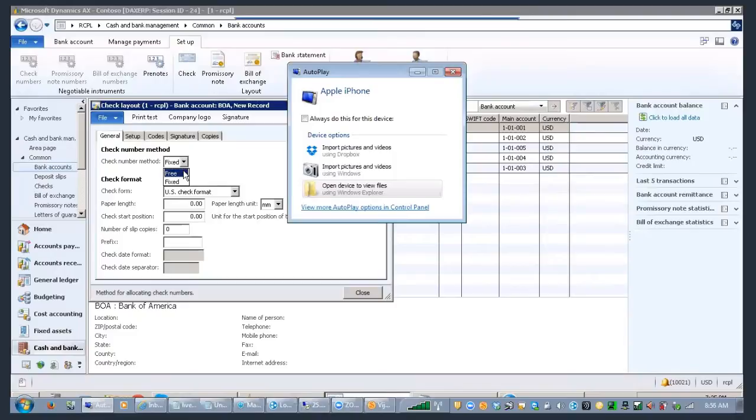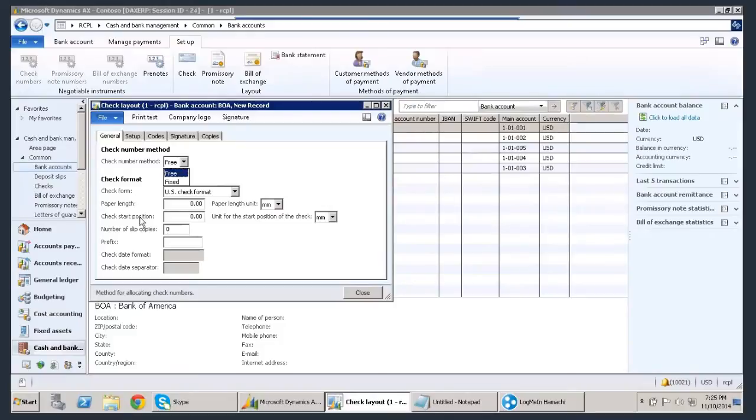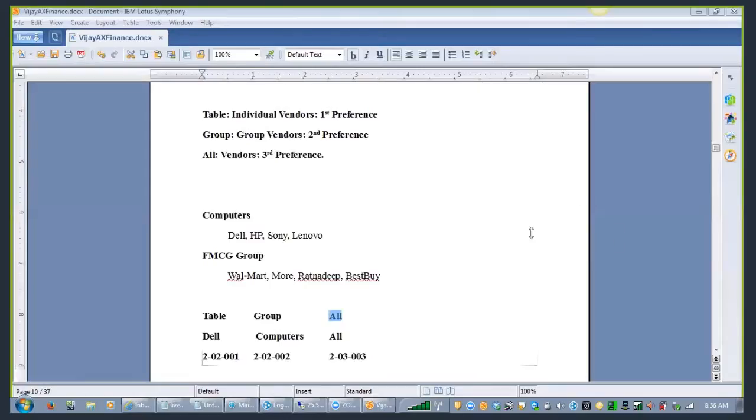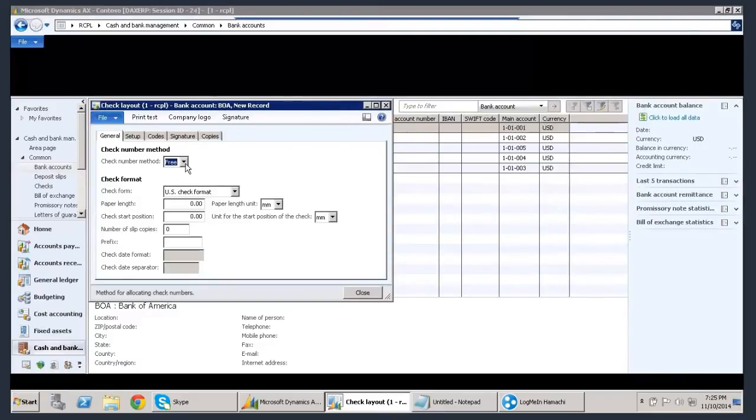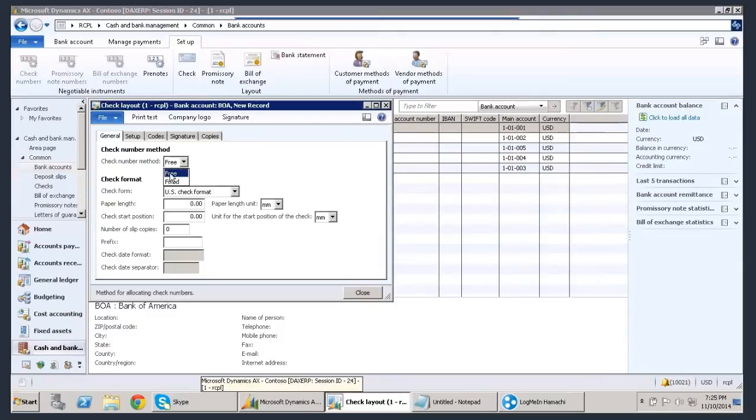I was part of Canada, but I never saw any company using this free check except in the USA. I am not sure whether bankers allow those options or not. But free check is typically for US implementations, and you don't find it anywhere else in the world. That's what we can safely conclude. But if you find it, then you also do it.